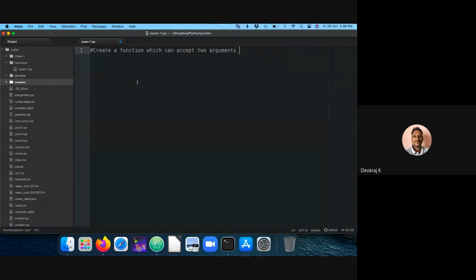Let the instructions be name and age, and print its value.